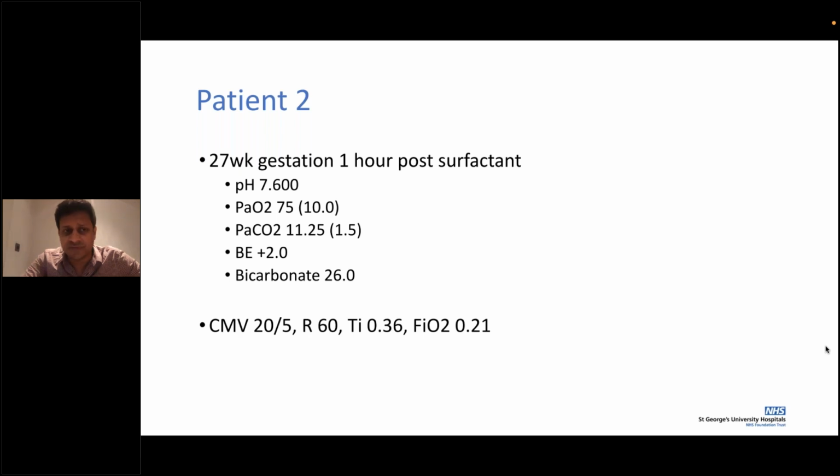IVH, and what is the thought process? Why do you think there would be a cerebral bleed, and why would that be, Polly? Low CO2, IVH, yes. Well, yes, exactly. Cerebral vasodilatation, and you will have.